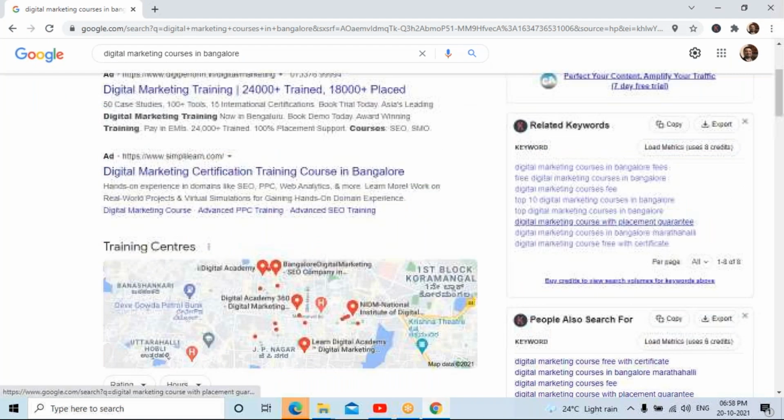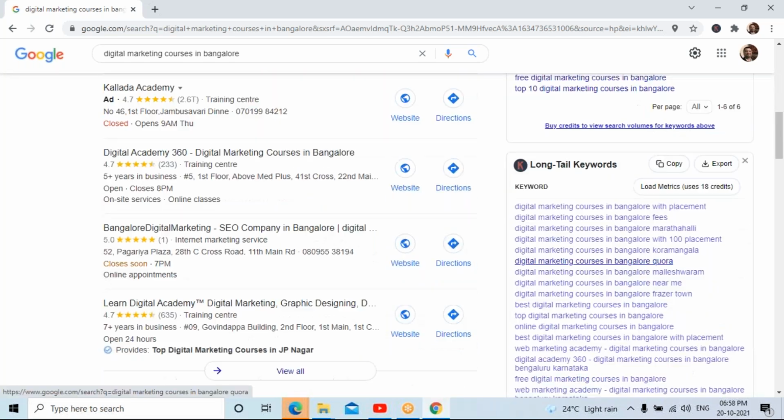What type of keywords are people searching for, which are high priority? You can get the list over here. Make use of these words while creating your content or the title of your content.